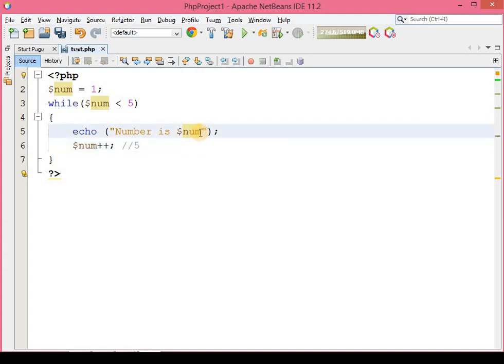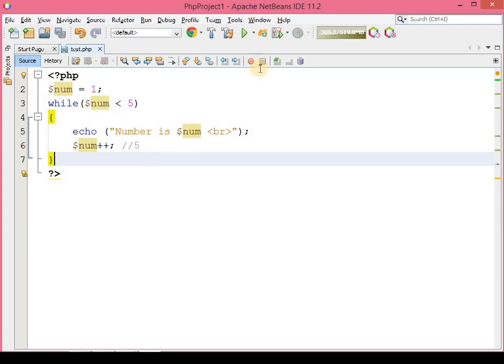Now let me put a break tag here. You can see that break is an HTML element, an HTML tag. In PHP we can also use HTML tags inside double quotation marks. So this is how we can use it.